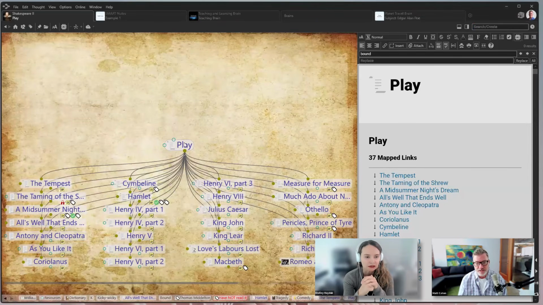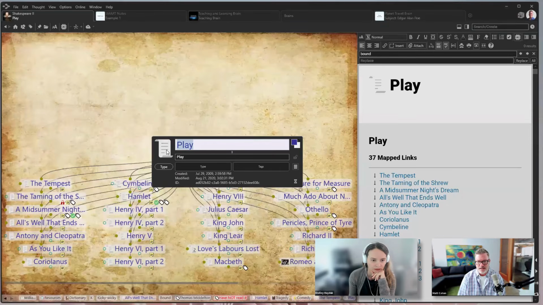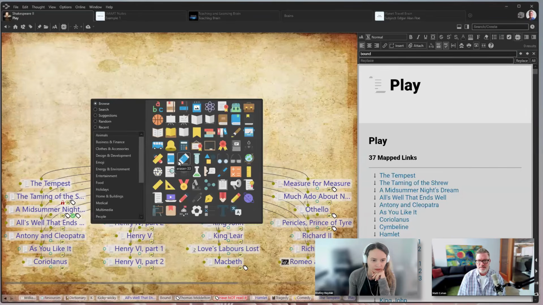Sure, sure. And as you can see, I am on a thought type right now, a play. These are all the plays of Shakespeare. And I've got other categories, the sonnets of Shakespeare, the poems, movies, and so forth. Those are all specific categories, and therefore I use them as thought types. If, as Shelley mentioned, I go to this particular thought type and I change the icon, I can come back to this and change it at any time. So yeah, I'll play around with this a little, but select a stock icon